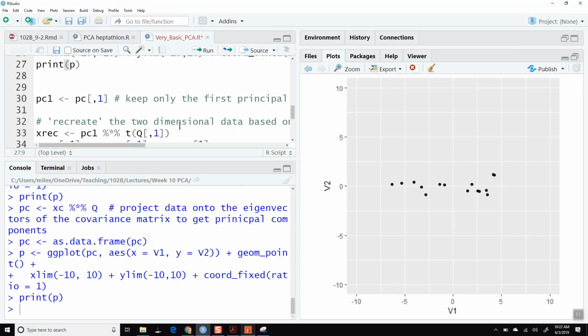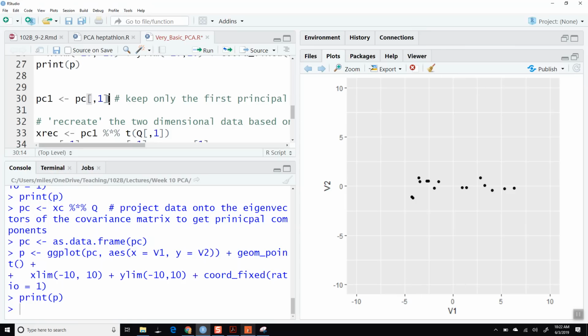Okay. And so now that we've got this, this preserves the entire variation of the data set, okay? By keeping both principal components, we've preserved the entire variation that does exist in the data set. However, we've done it in such a way that the first direction has maximum variance. And this allows me to keep only one of these principal components, and I've still maintained a lot of the variance that exists in the data, okay? I'm not going to have all of the variance, but I will still have a lot of it, okay? And so projecting this down onto one dimension is basically like shining parallel rays of light from up here, so that they just drop down,